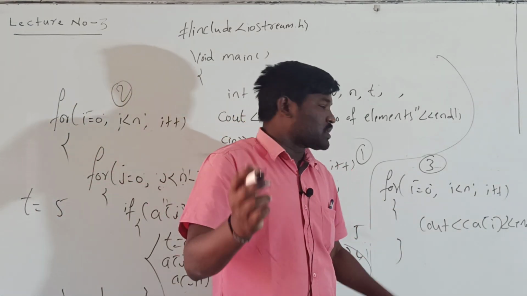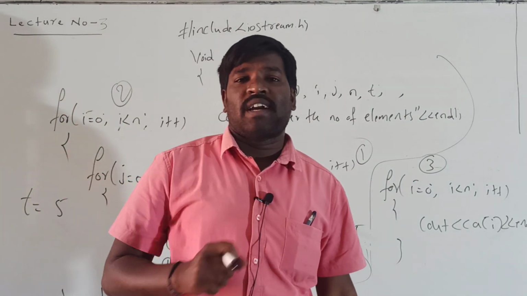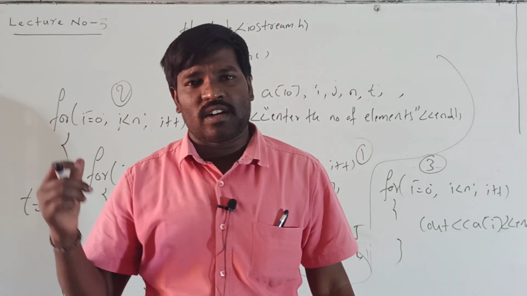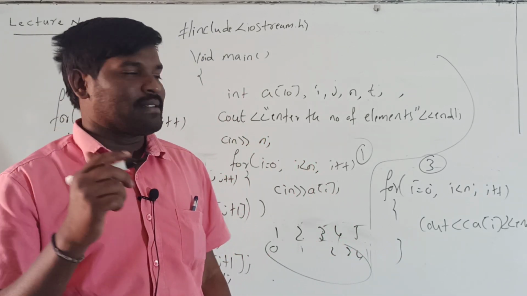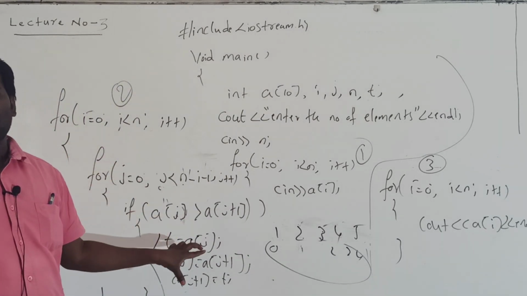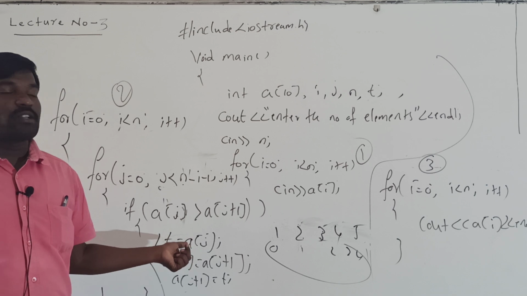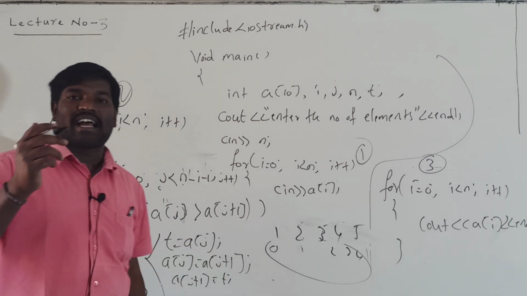Don't confuse i and j. i and j indicate only the index value. Either you can use i or you can use j. It is not a matter, the only thing that matters is the array name. At the time of sorting, I have to use the positions i and j because here two loops are there.